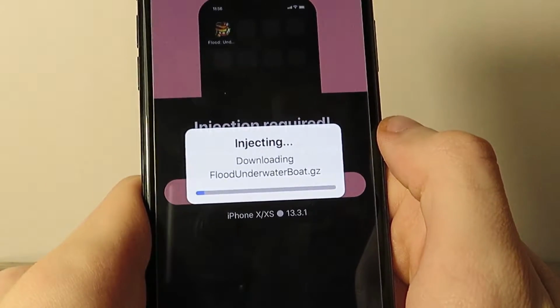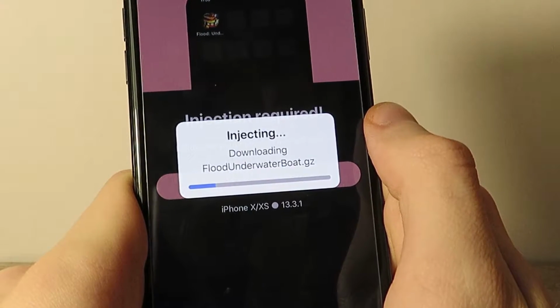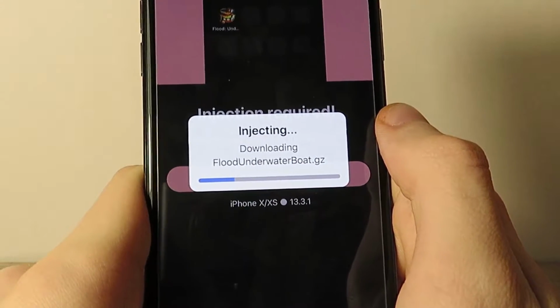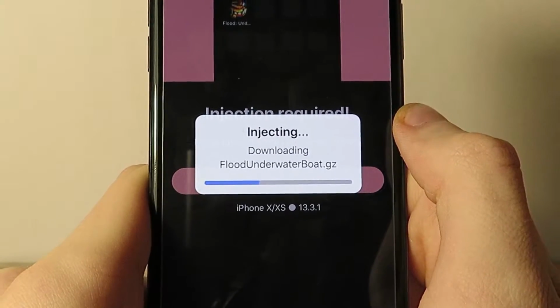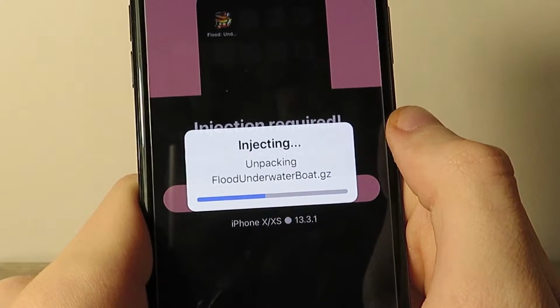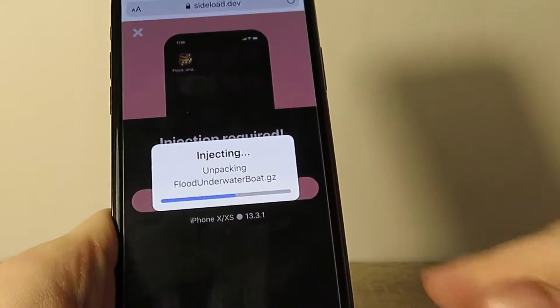As you can see, it will begin downloading, and by using this method you can get infinite coins and infinite gems, which is awesome because obviously you have to pay for those, and using this method you can save yourself some money. So yeah, and as you can see it's now unpacking, and you just have to be patient